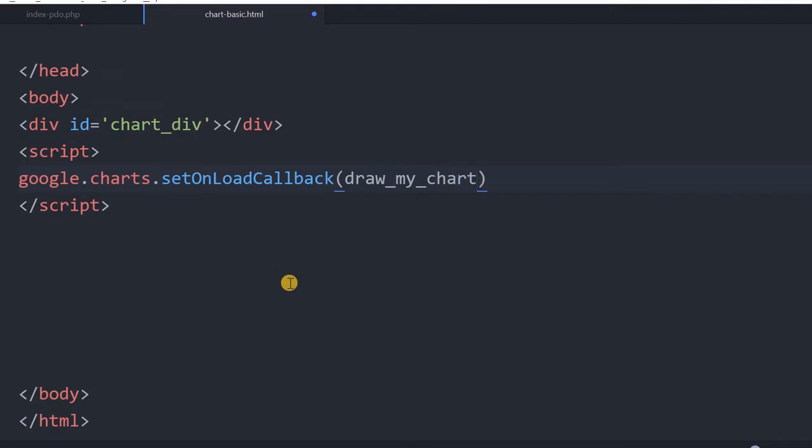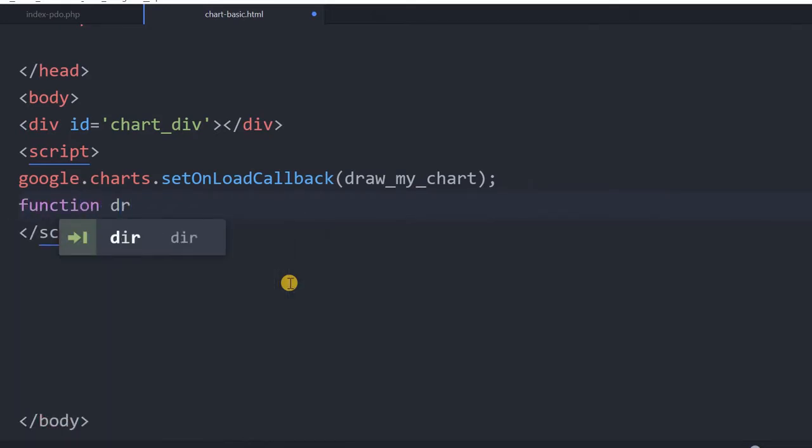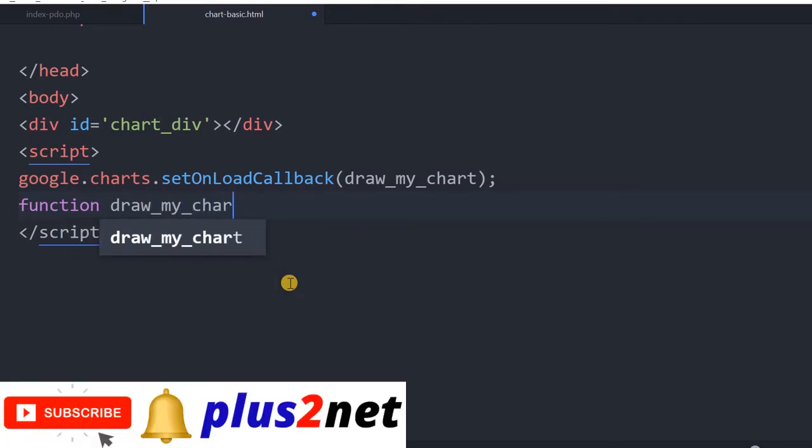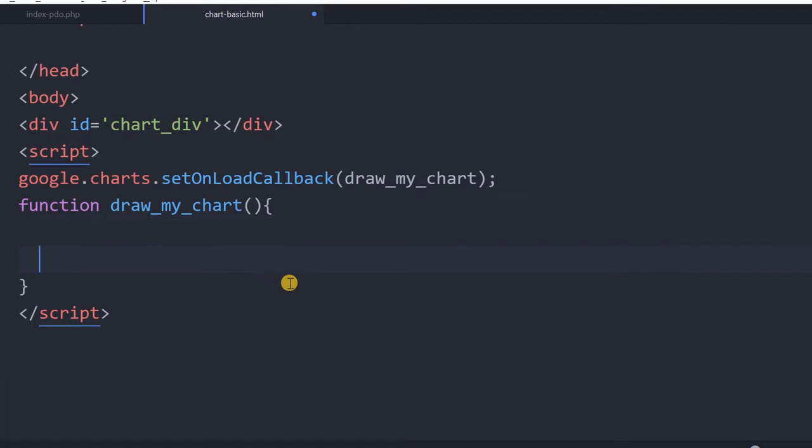You can give any other name also. So this close. Now let's come out and write the same function that we have declared. Draw my chart, fine. So we'll start our function. Inside this we'll write all our stuff.